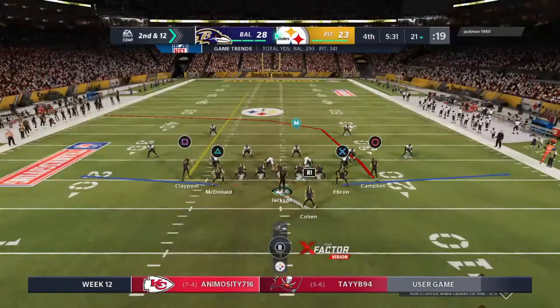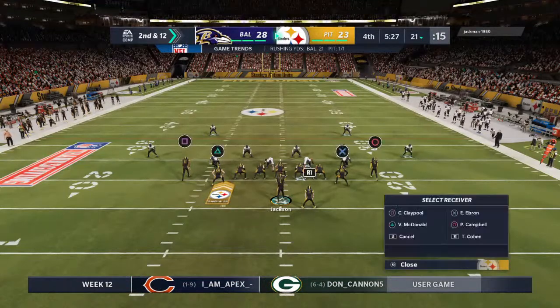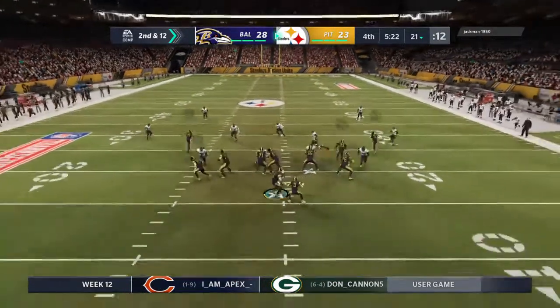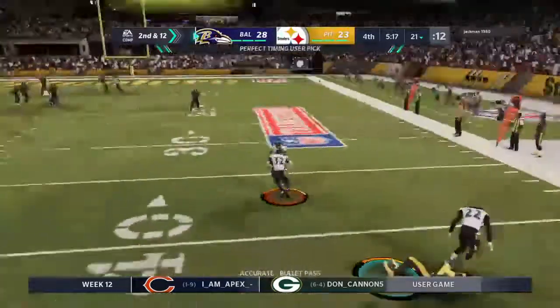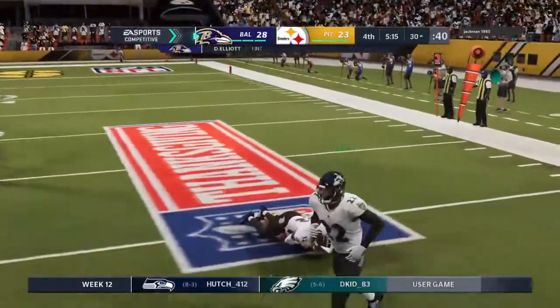First play of the drive goes the wrong way. Here's 2nd and 12. Now Jackson. And he fires one that's intercepted. Picked off around the 37. And he will return this